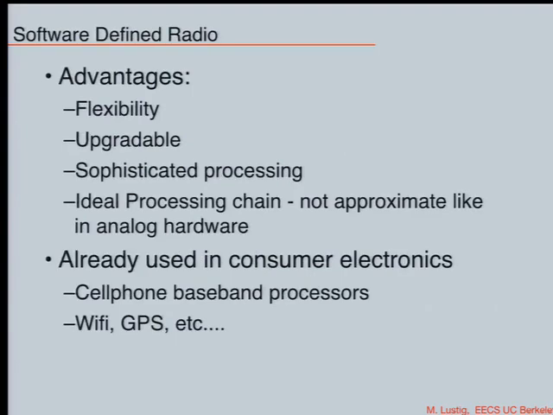So then you've got this flexibility. You can upgrade things, do sophisticated processing, use the best processing chain with no compromises, and so forth. Cell phones, Wi-Fi, and GPS all use software radios inside right now. You just don't know that. It's probably implemented in an IC. The digital signal processing is implemented in integrated circuits too. A lot of it, by the way, is implemented in FPGA. So if you take an FPGA class, there's one on digital signal processing with FPGA that Bora Nikolic sometimes teaches. I really highly recommend it.